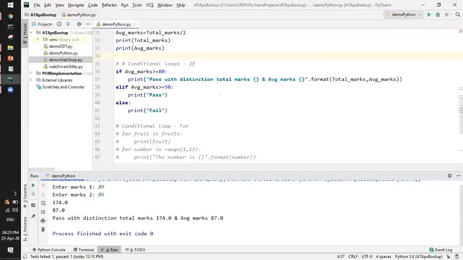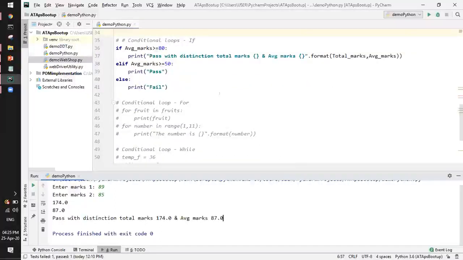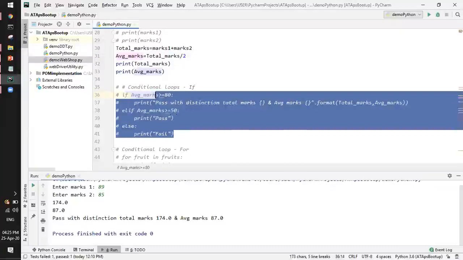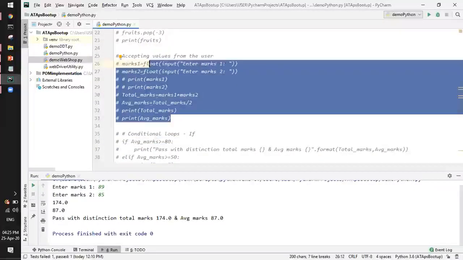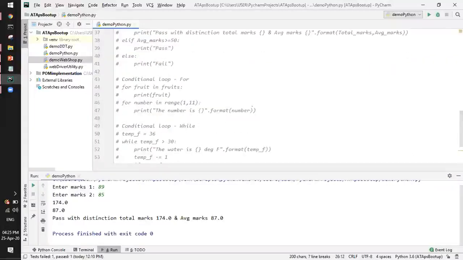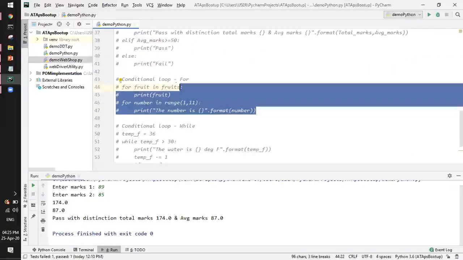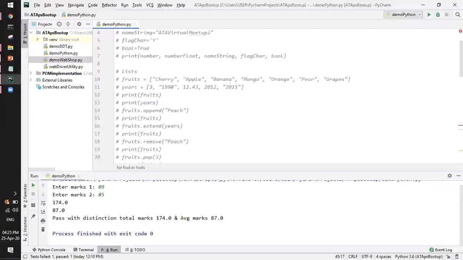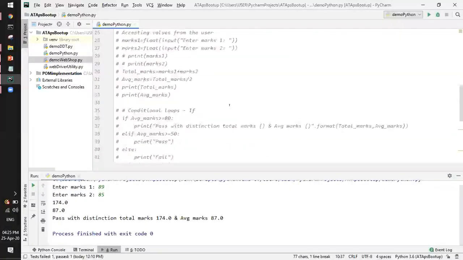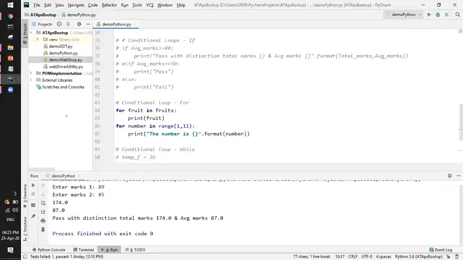So the next part is the for loop and the while loop. I try to show a quick thing. I'm just going to comment it out so that they won't execute. The for loop is again very similar to Java if you have gone through Java or other programming languages, but here each element is iterated.